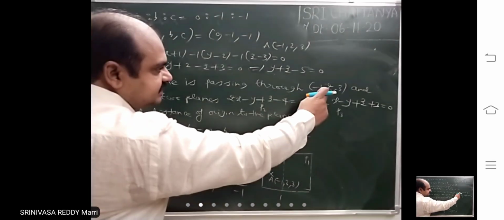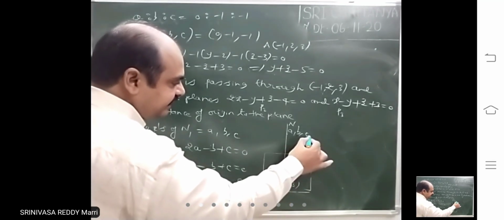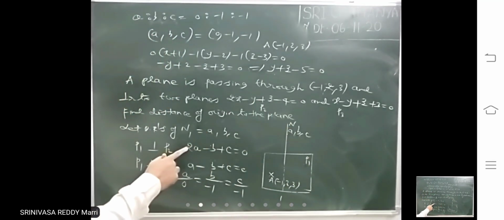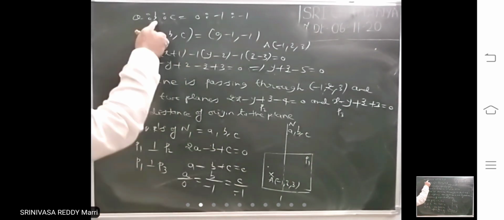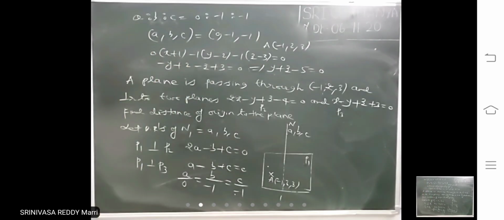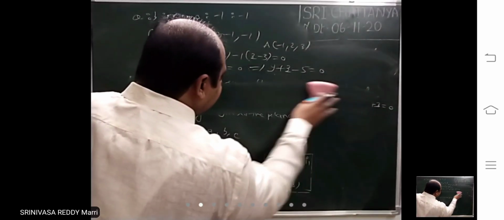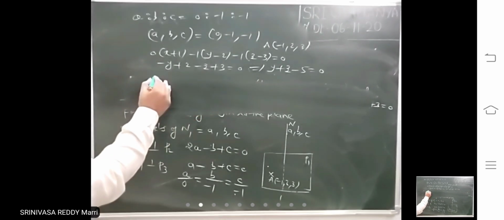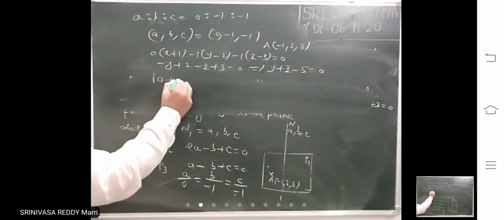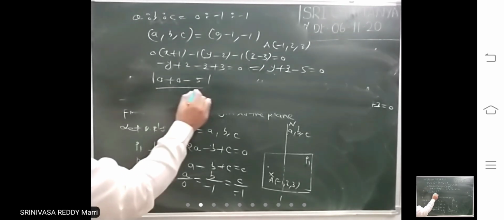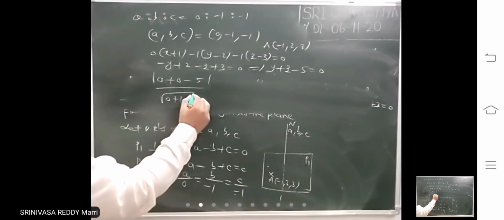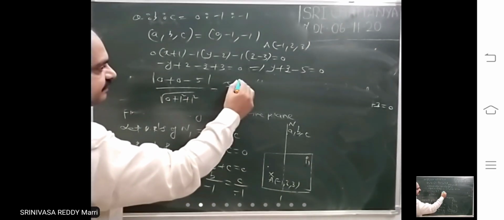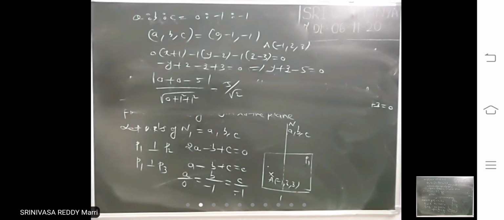Look at, plane is passing through the point, DRs let us say ABC. This plane is perpendicular to this, perpendicularity condition. Solve ABC and find A is to B is to C, and then write the equation of the plane. He is asking perpendicular distance of the plane from origin. That means 0 plus 0 minus 5 divided by root of 0 square plus 1 square plus 1 square. That means what is the perpendicular distance? 5 divided by root 2.